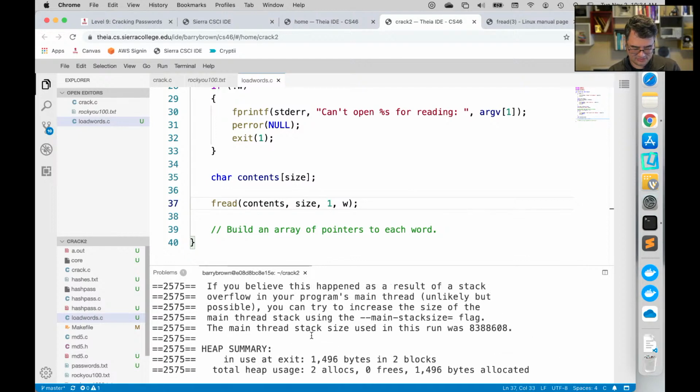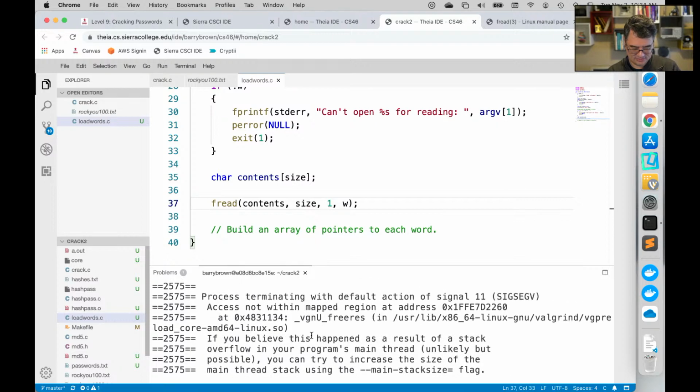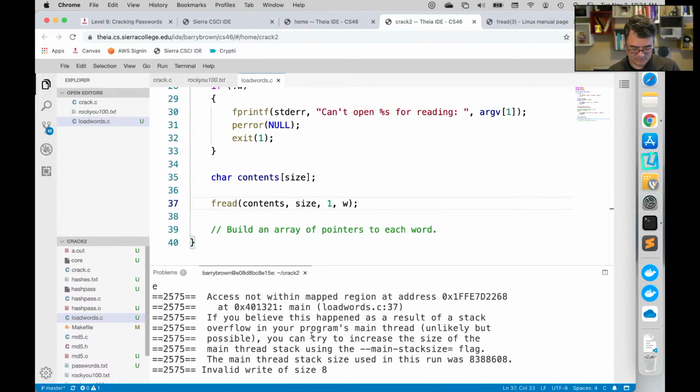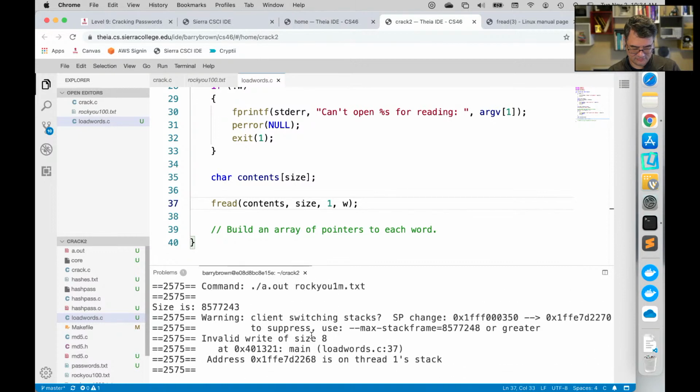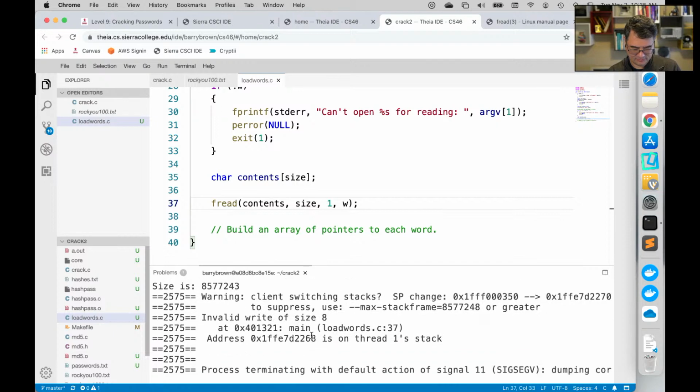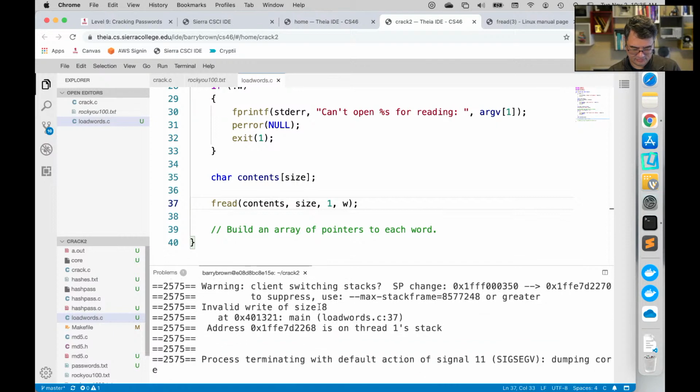Segmentation fault. Oh, we got a lot of stuff from it. Let's see. Client switching stacks.